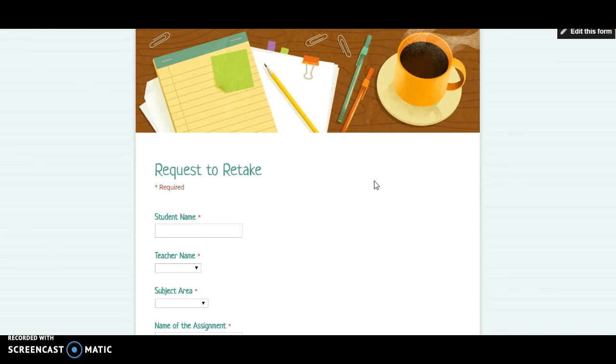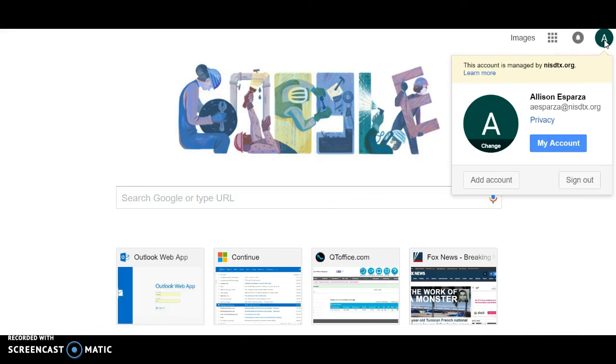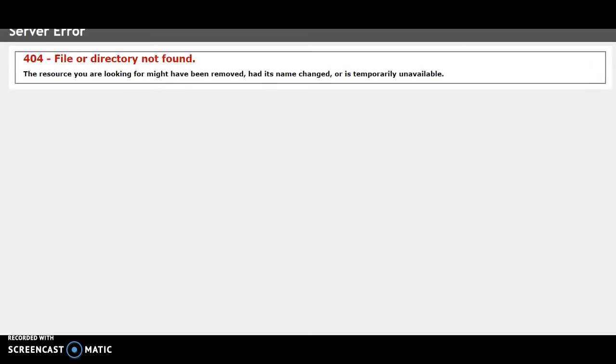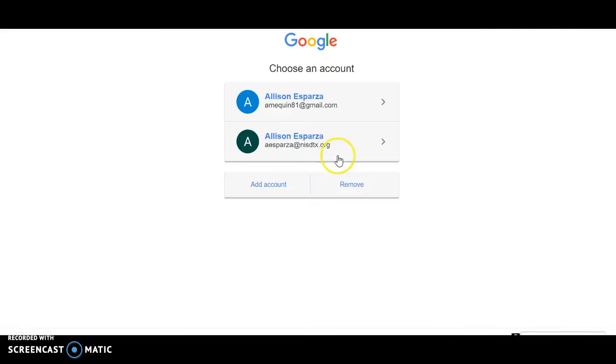Now, once the Chromebooks are in, it'll be a lot easier for students to do this. But right now, the way that they need to be able to get in is if they go to Google. So start off on Google, and they will need to log in to Google with their account information. So if you go up here, you can see I'm already logged in. I'll sign out though. Okay, so if I go into my sign in, I've already got my stuff saved, so it's right there. I would just click on it, it signs me in,